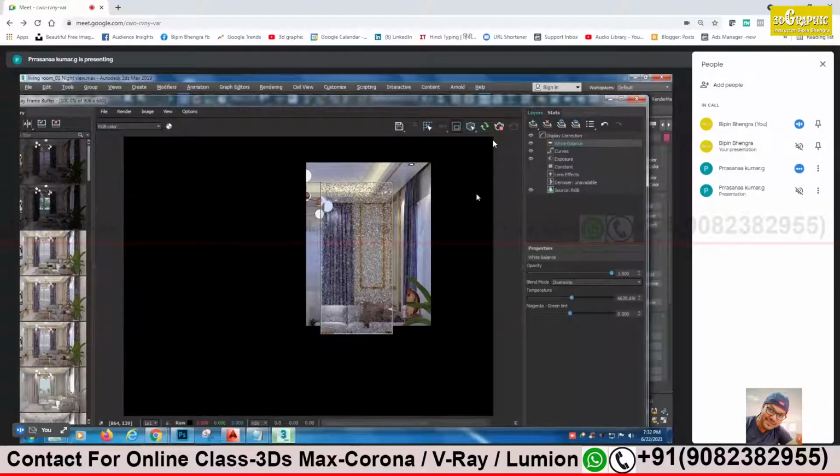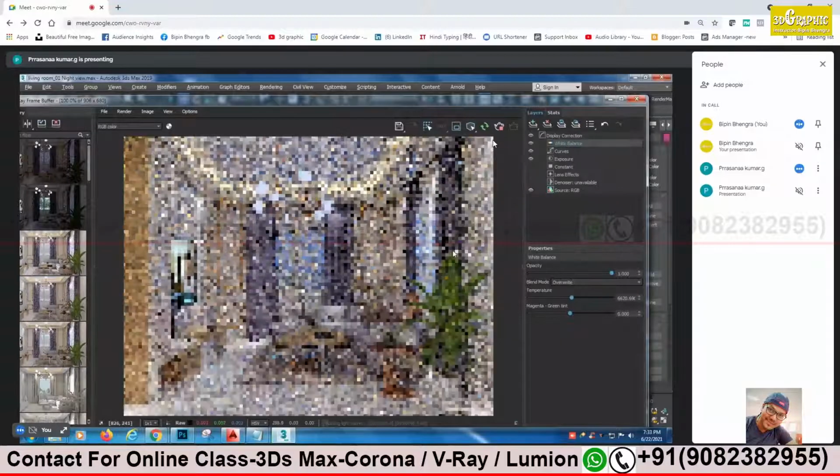Interior light should look more yellowish. Warm tonality should be there from the light, and cool tonality from the environment. It's looking much better. Stop and take the entire render. We are almost done.